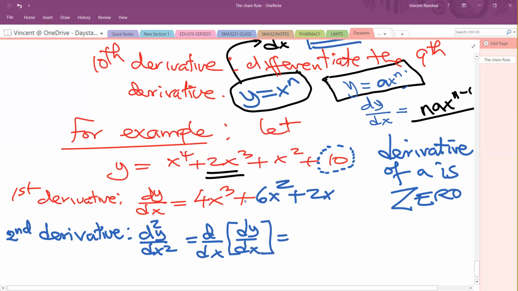So when I differentiate 4x power 3, I get 12x power 2, and then plus